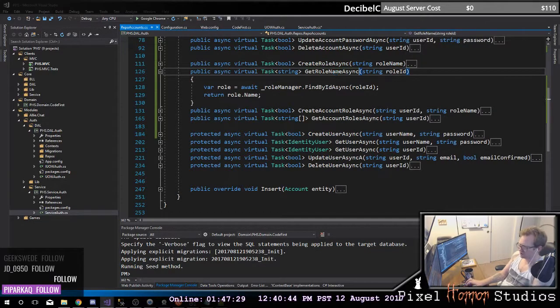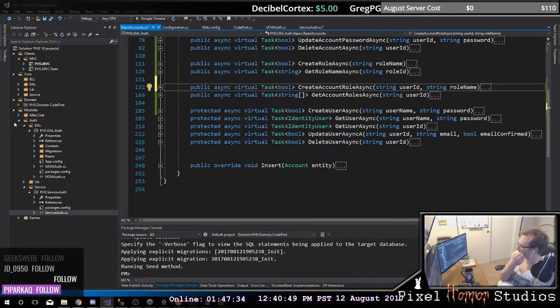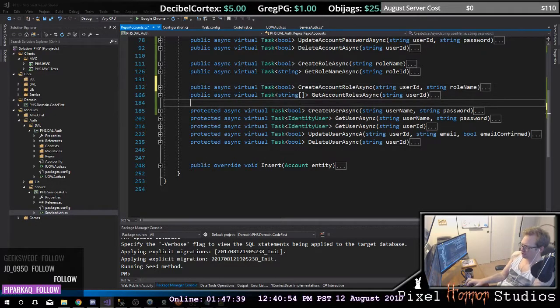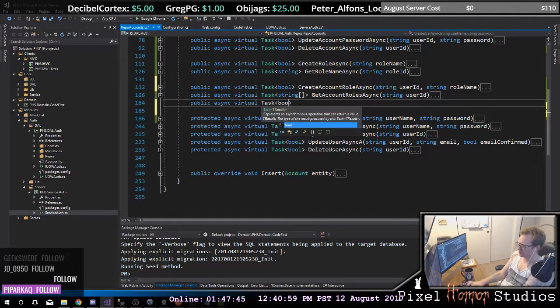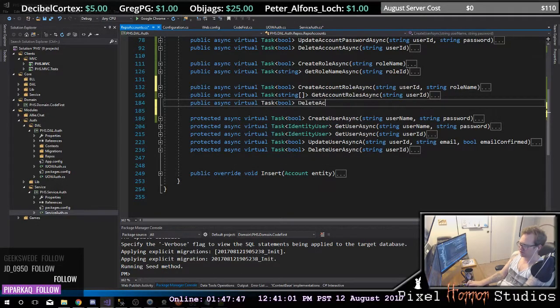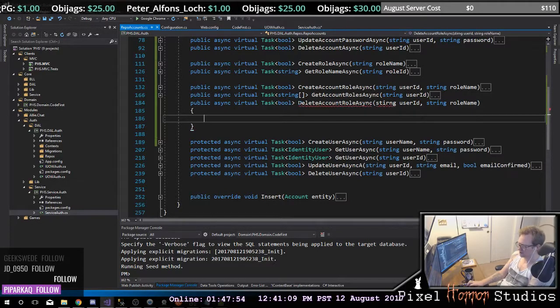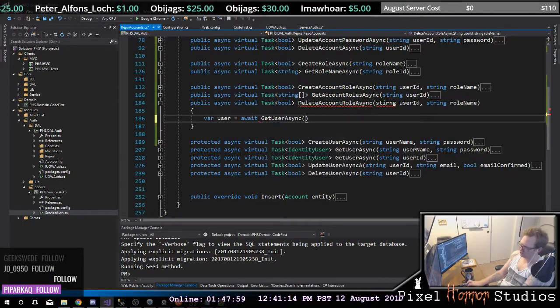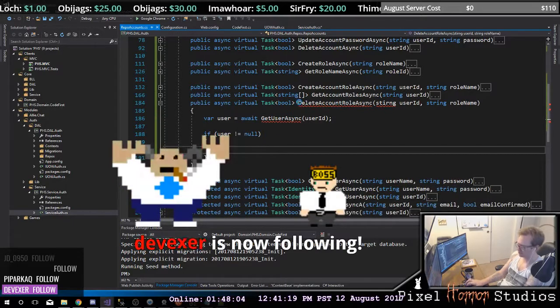Anything else? I guess we'll also want to have in here a public async virtual Task of bool called MyDeleteAccountRoleAsync. Okay, var user equals await GetUserByMyUserID. If user does not equal null, then what you want to do is,